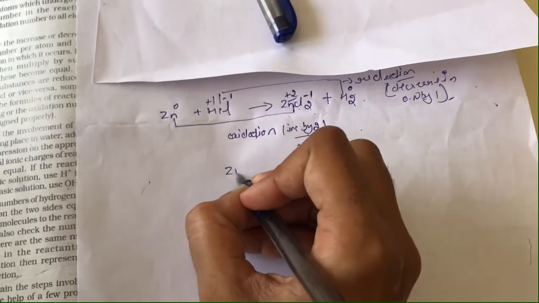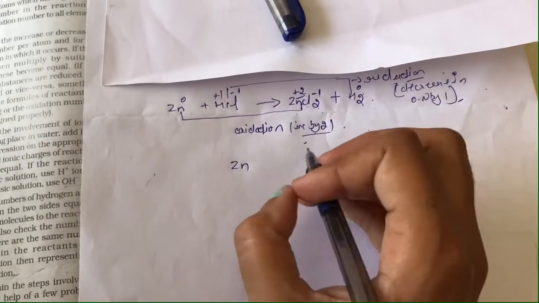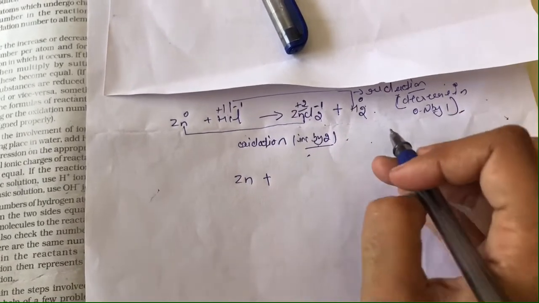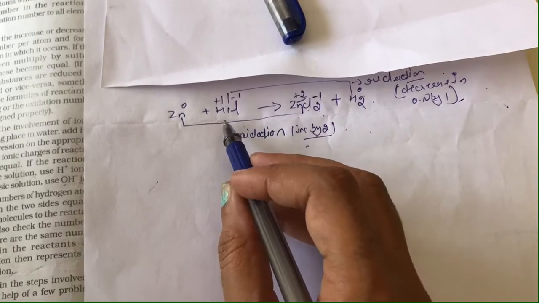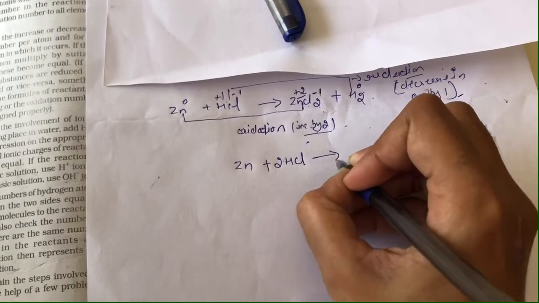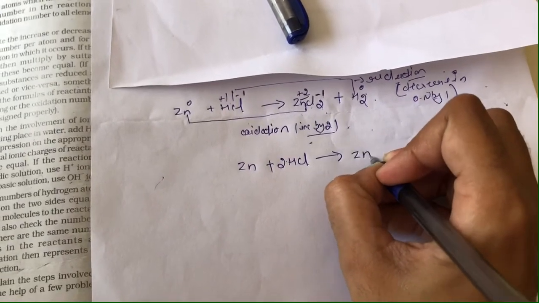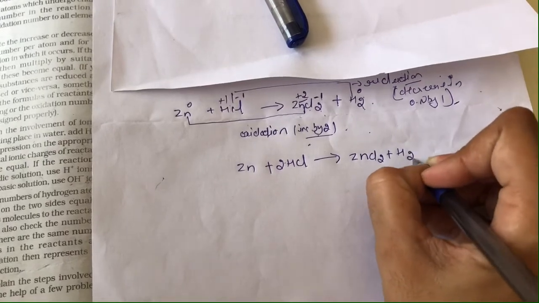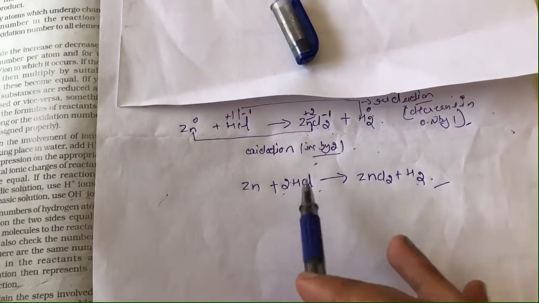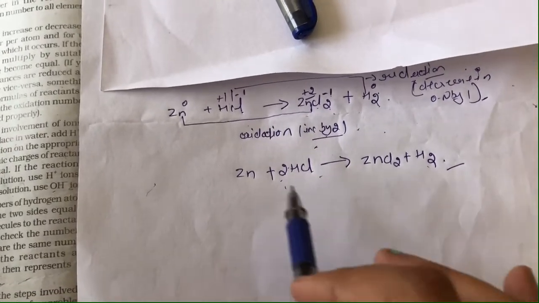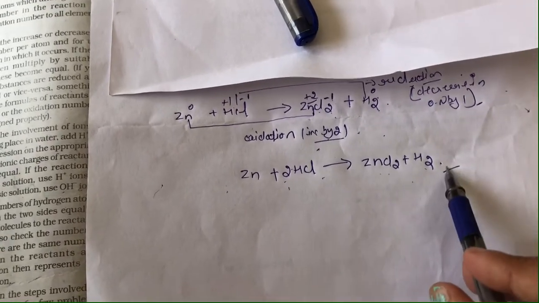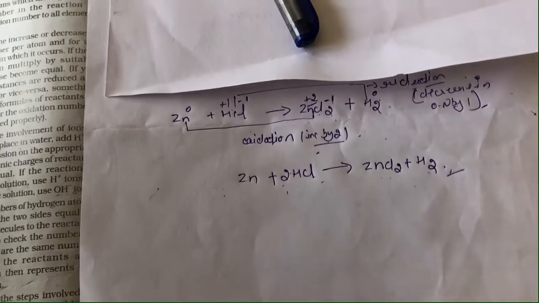And afterwards see the number of atoms that we have to balance here. For zinc, the number of atoms is 1 on both sides, no need to go for balancing. But for hydrogen, you can see here we have written 2 atoms, but on the left hand side we have only 1 atom, so that's why we have to write 2HCl, resulting in the formation of zinc chloride plus H2. Here we have balanced the number of atoms by multiplying the HCl by 2. So in this way we can balance the redox reaction by using the oxidation number method. Clear? And the next method that we